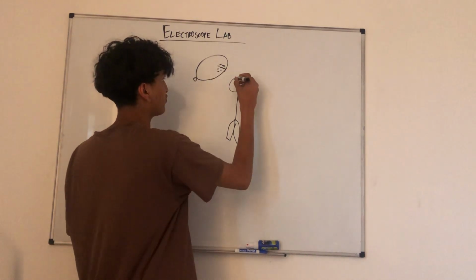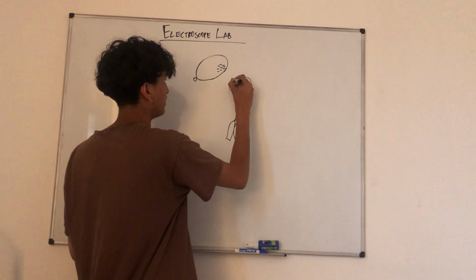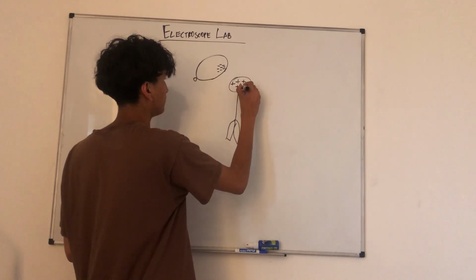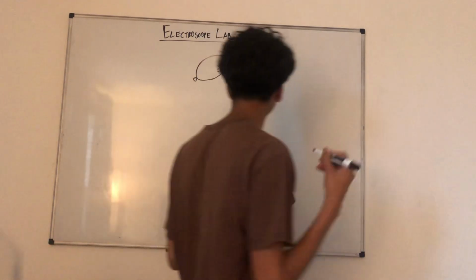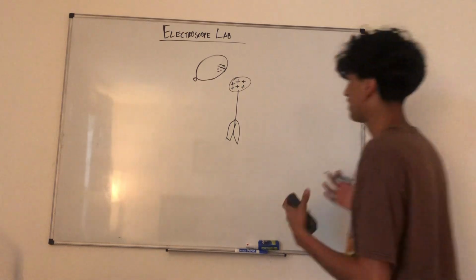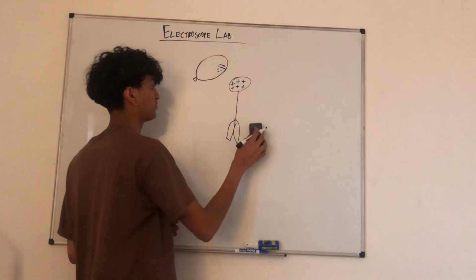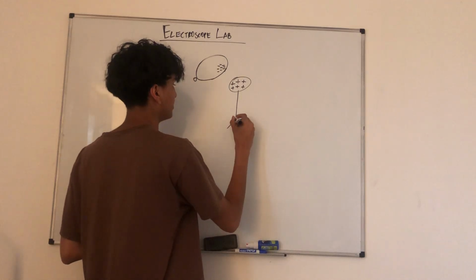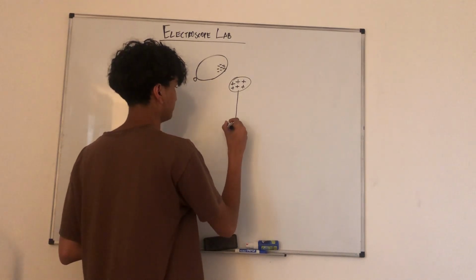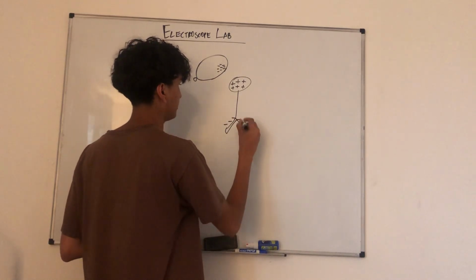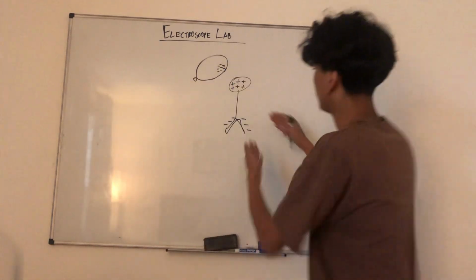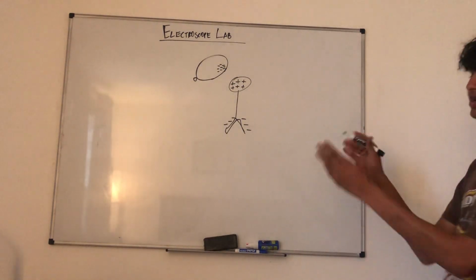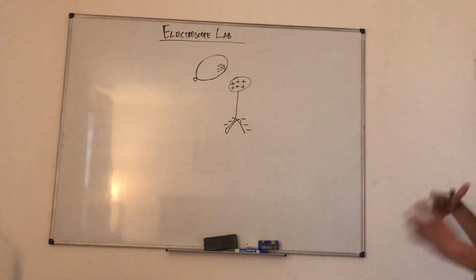And if you have positives here and you have negatives down here, you're going to have the same amount. I have 6 positive charges here. To show neutrality, there would be like 6 here. It's still neutral, but it polarizes,